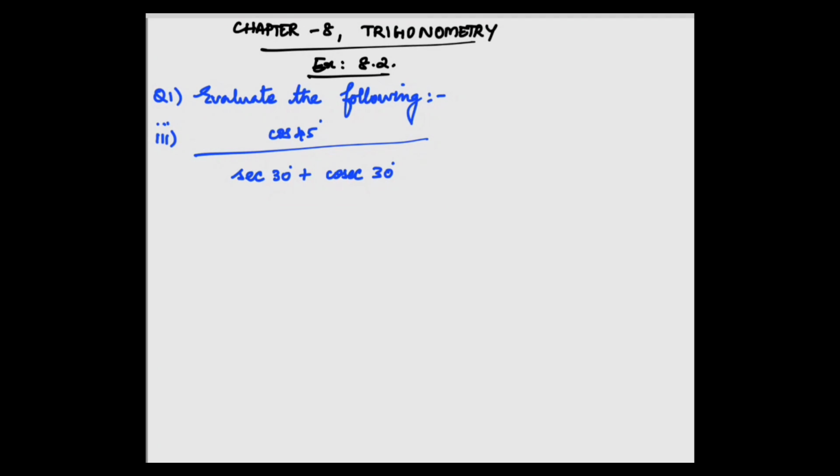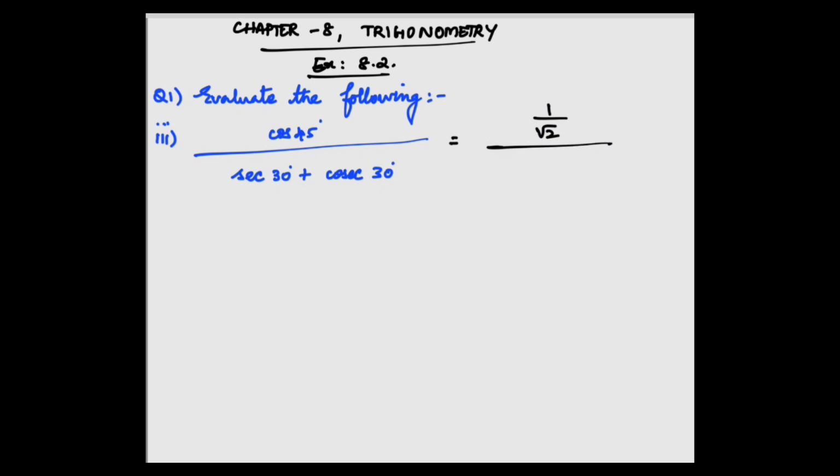Hey friends, in this video we'll learn about question number 1, third subdivision of exercise 8.2, chapter 8, Trigonometry. The question goes: cos 45 divided by secant 30 plus cosecant 30. By substituting the values, cos 45 is 1 by root 2